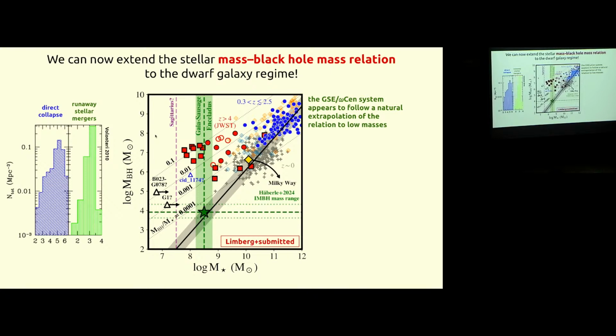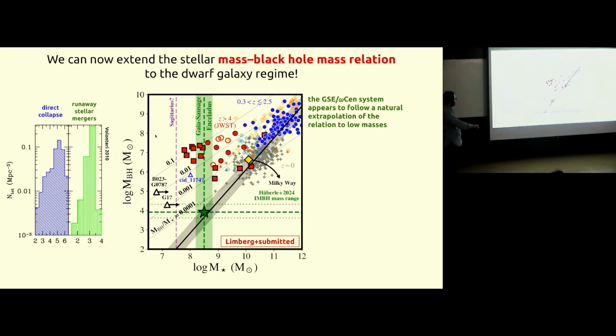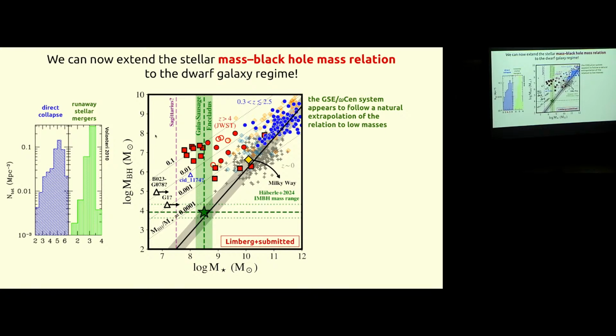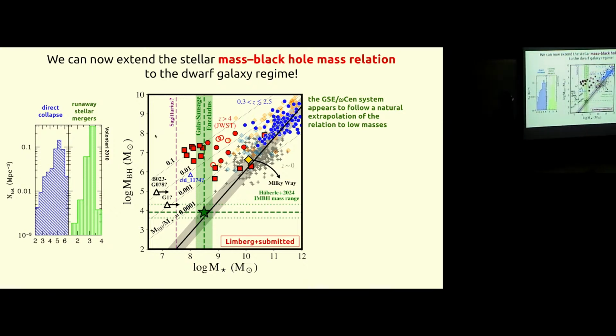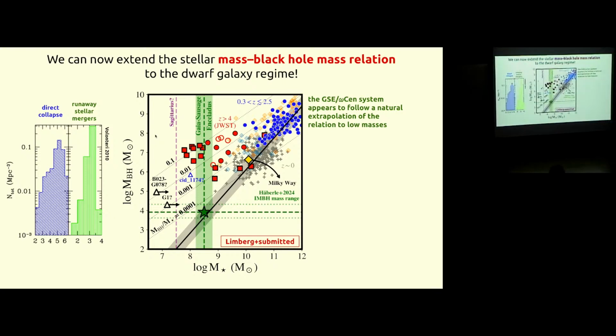So basically what this distribution means is that it's very difficult for you to produce a black hole that has 10 to the 4 solar masses of initial mass. However, what I think is interesting is that if you, instead of invoking the traditional direct collapse black holes, so traditional heavy seeds, invoke formation of central black holes with this mechanism that is called runaway stellar mergers.